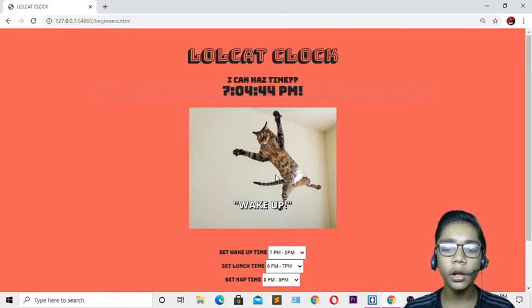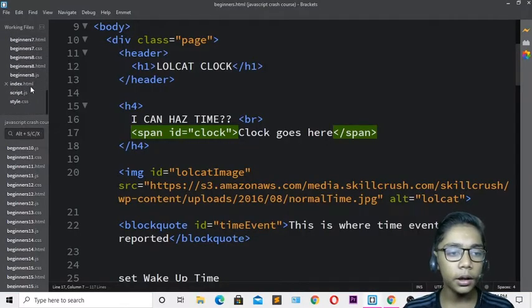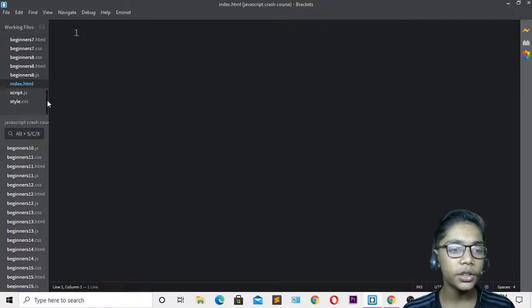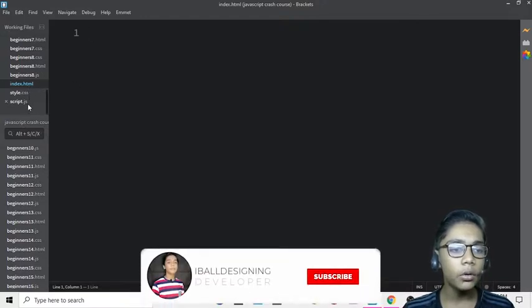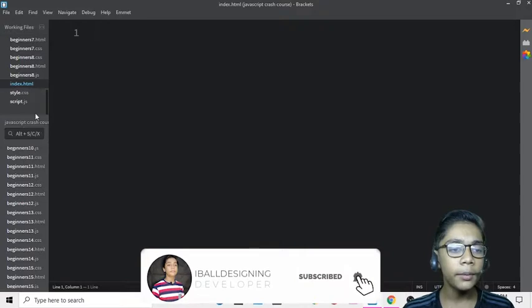For doing that you have to open your text editor, which is called Brackets. I will be opening that, and over here I have made files called index.html, style.css and script.js. I will do all my work in my HTML sheet, but styling and my JS code will be written in my CSS sheet and my JavaScript sheet.